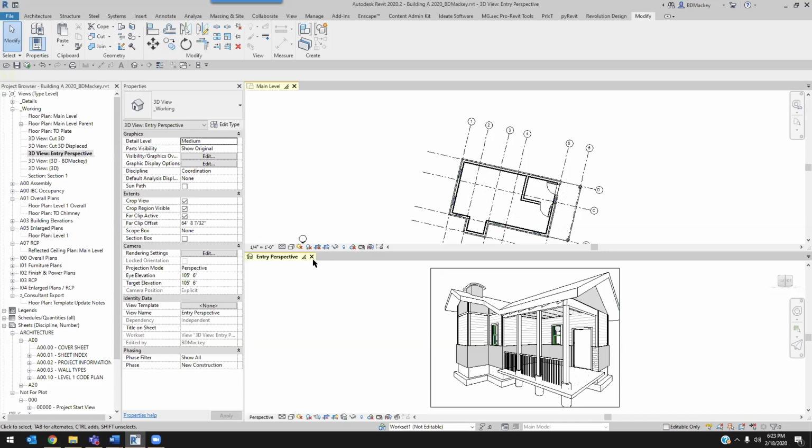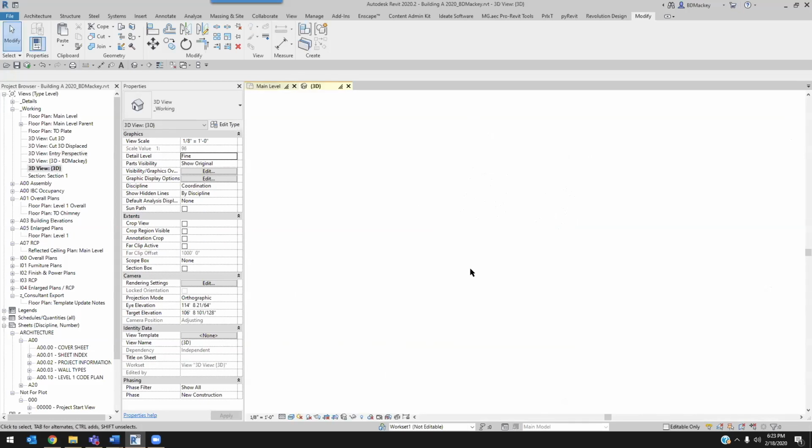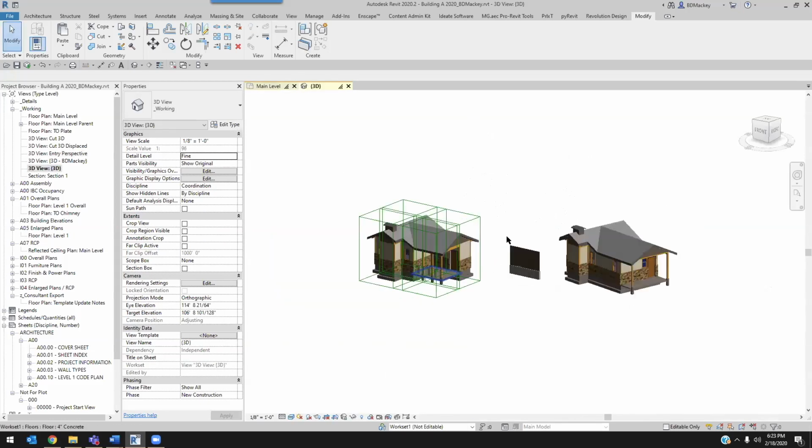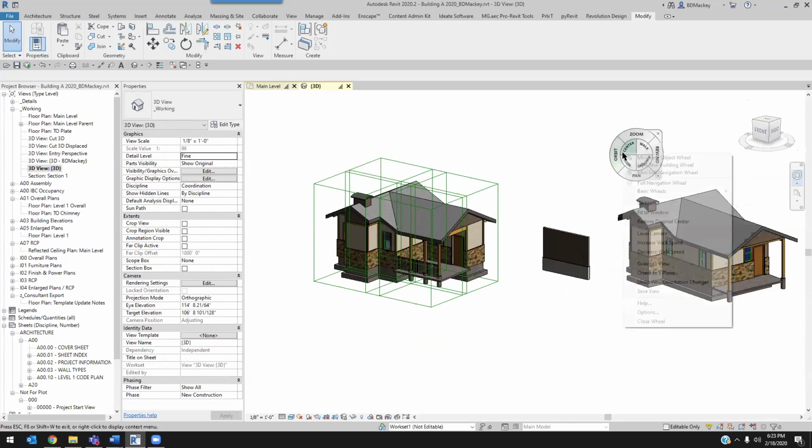Okay, so if you're actually not in a camera view and you are in like a perspective view, and an orthogonal view, I'm not really sure what this would be for. Let me go to zoom to fit. But if you right click on the steering wheel, you will see that, no, not the steering wheel. Sorry, not the view cube. If you right click on the navigation wheel, one of the other things you actually have is,